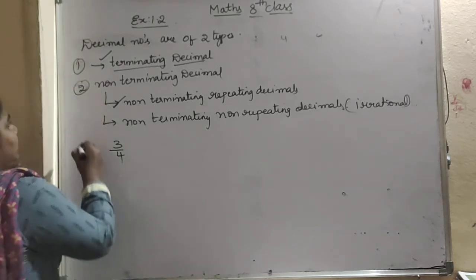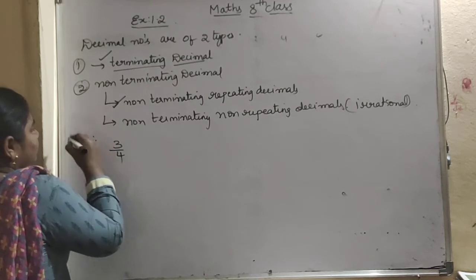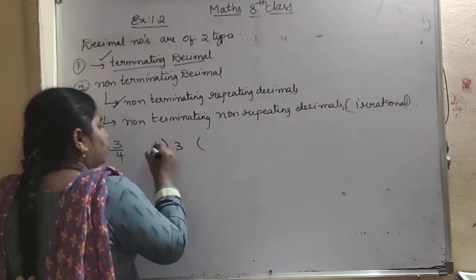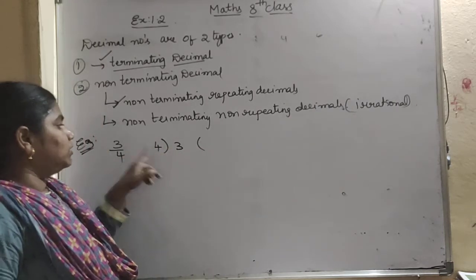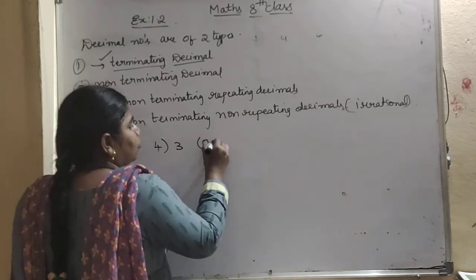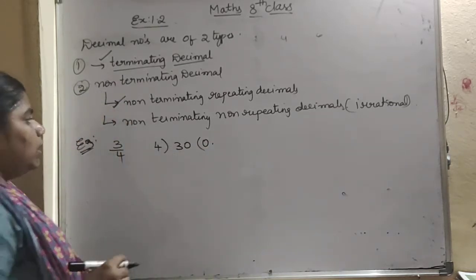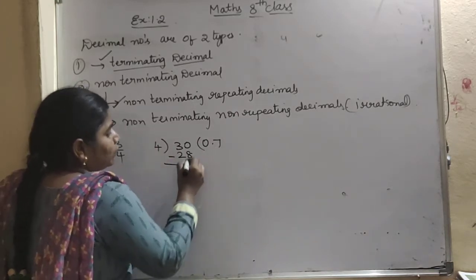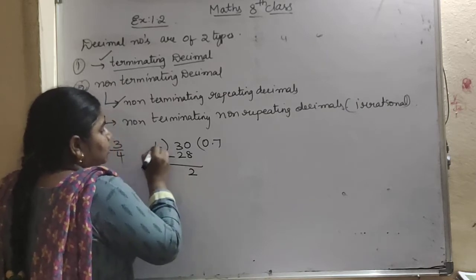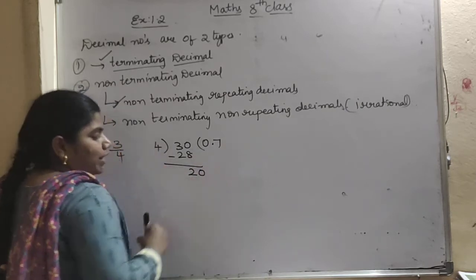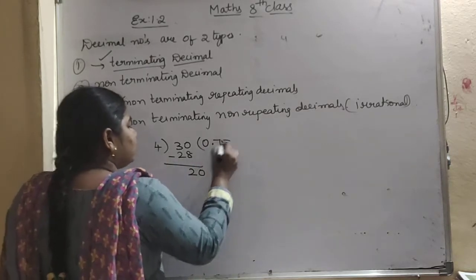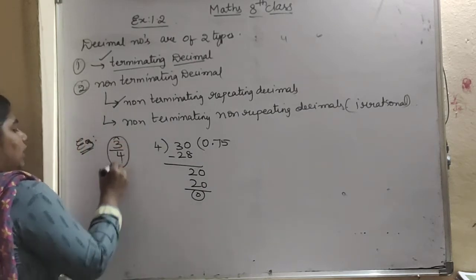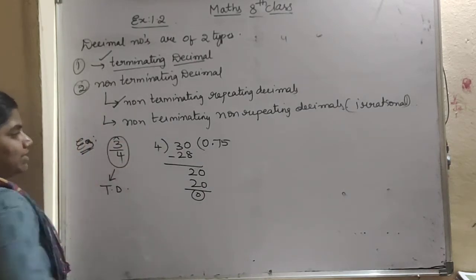Okay, so for an example of terminating decimals, I am taking 3/4. We have to divide 3 by 4. 3 is smaller than 4, so you will write 0.0. Is it right? Now 4 times 7 will be 28. If you subtract this, you will get 2. 2 is smaller than 4, so point, again you will take it as 0. 4 times 5 is what? 20. So you got the remainder as 0. So we can call this 3/4 a terminating decimal.